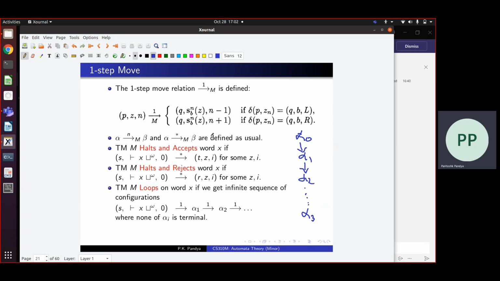Why is this possible? Because we have an infinite tape. So for example, if we forgot to say that on encountering blank, you should go to reject state. Instead, you remain in state P. You will keep scanning the tape forever, skipping over blanks forever. And the execution will never terminate. So it is possible that there are executions in Turing machines which go through an infinite sequence of configurations, none of which is either an accepting configuration or a rejecting configuration. In this case, we say that the Turing machine M loops on word X.